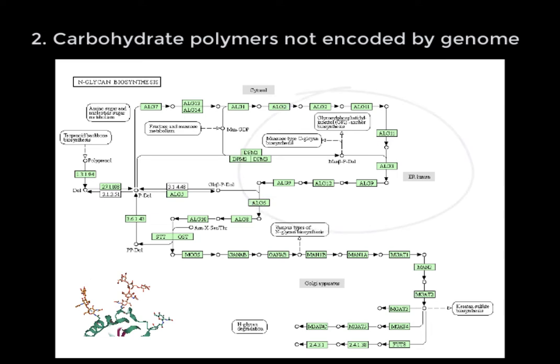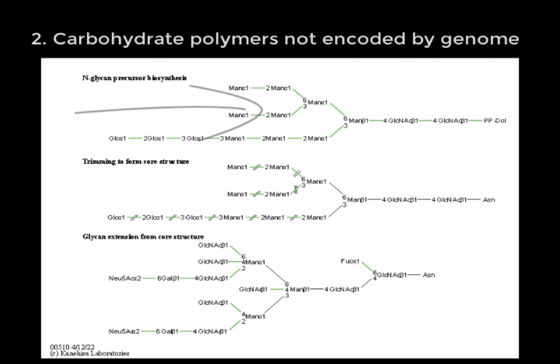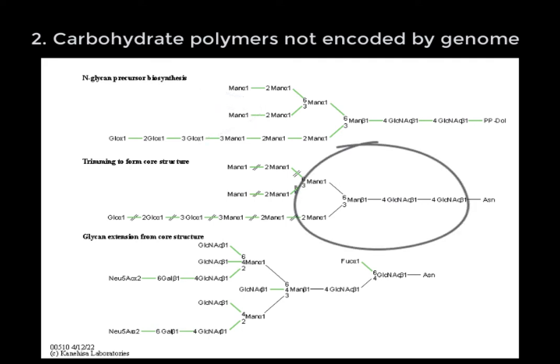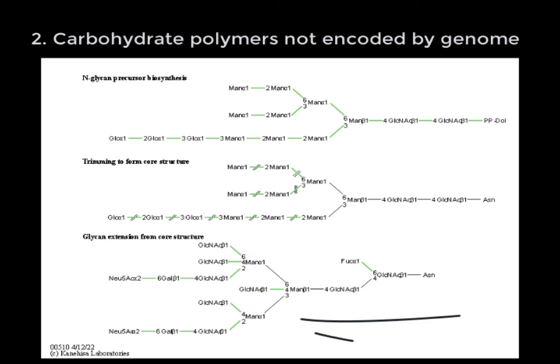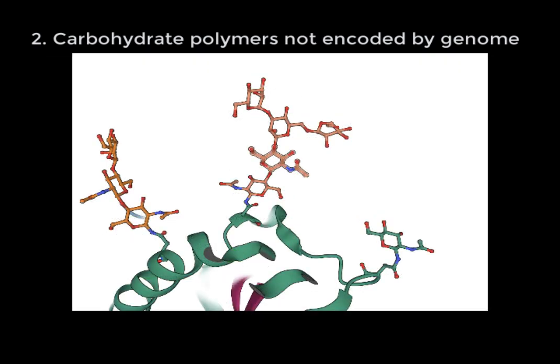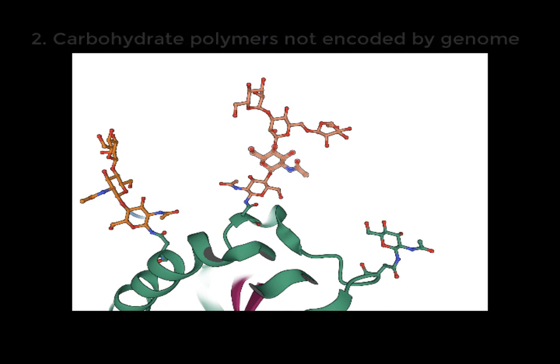endoplasmic reticulum. This is then enzymatically trimmed to a core saccharide to further be built up by the action of other enzymes to form the final glycosylated product. There is no reference sequence of saccharides or other genomic instructions for these steps. Therefore, there is no mechanism to make edits or corrections when errors are made. In fact, in living cells, decoration of proteins with carbohydrates may vary slightly from molecule to molecule.